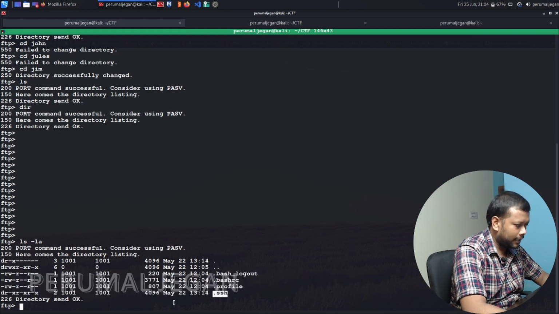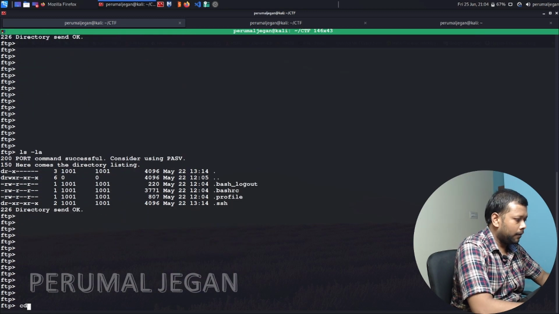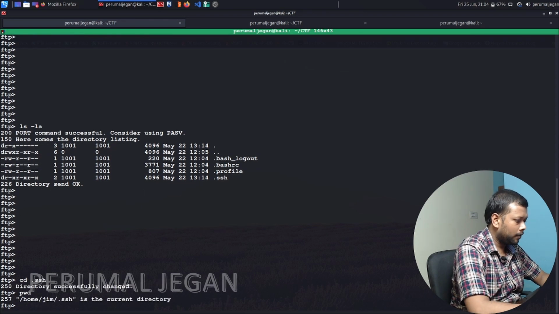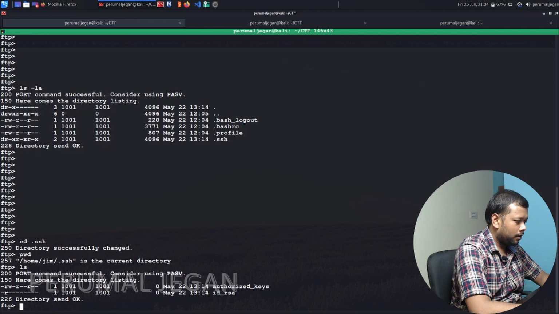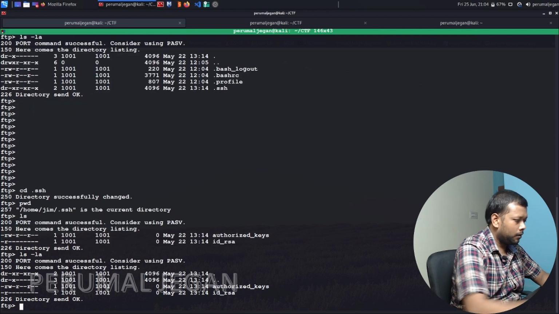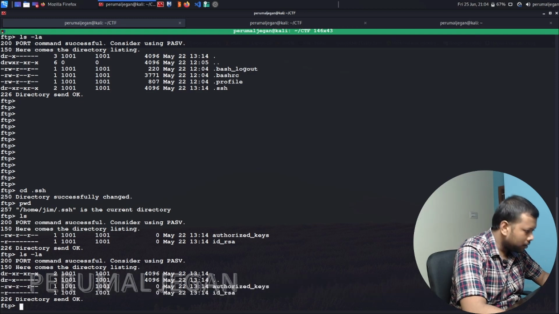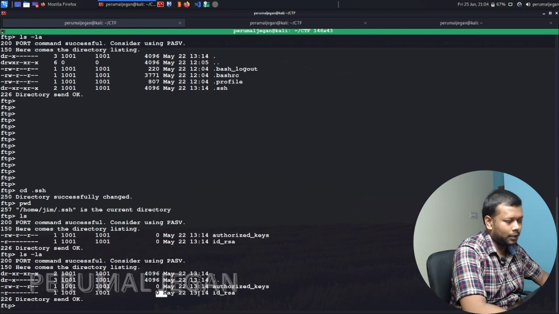The .ssh, it's a directory, not a file. The d denotes directory. Okay, cd .ssh, logged in. We got a couple of files, but the file size is 0.